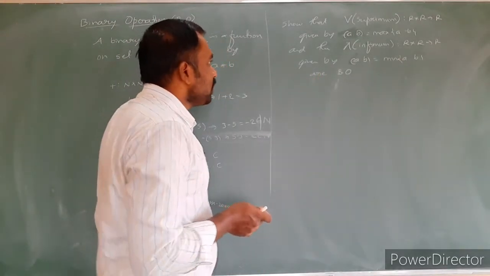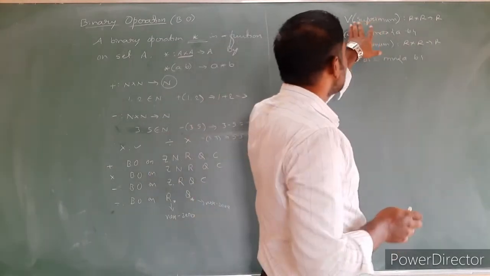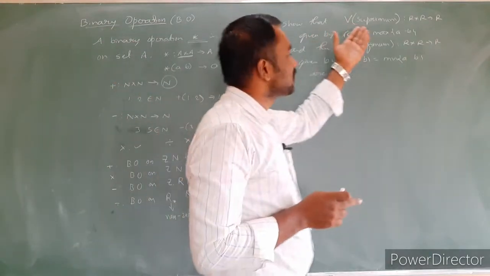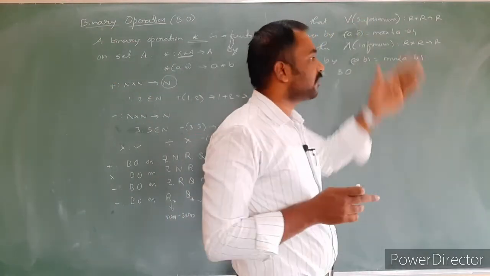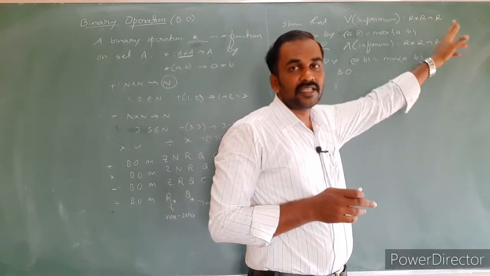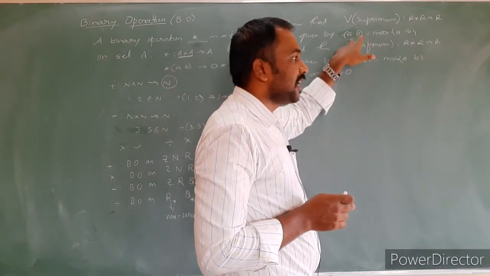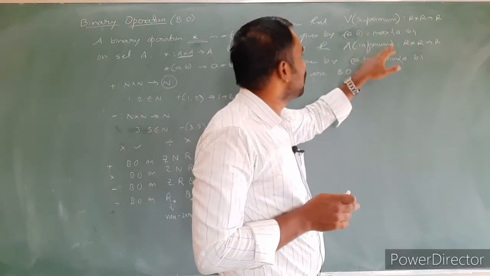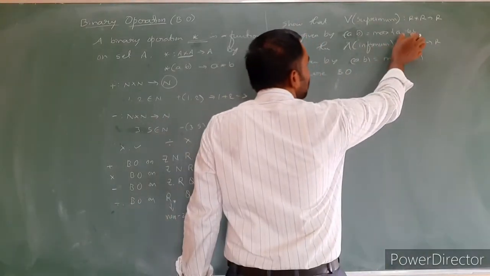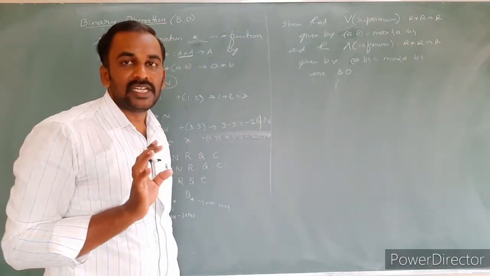Okay, here first of all, supremum is nothing but what? This is one operation, just like addition and subtraction are operations. In the same way, this is also an operation. How do we get the result? The domain set is R cross R, real numbers, and the resultant is R. What is the definition? For the ordered pair A and B, out of these two numbers, what is the result? I need to choose only one element. How? Out of these two numbers, we have to choose the maximum number. This is said to be the supremum.